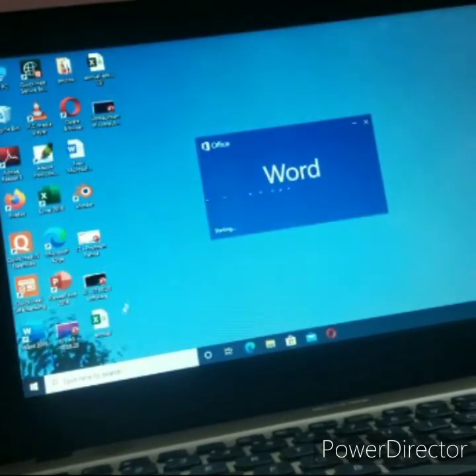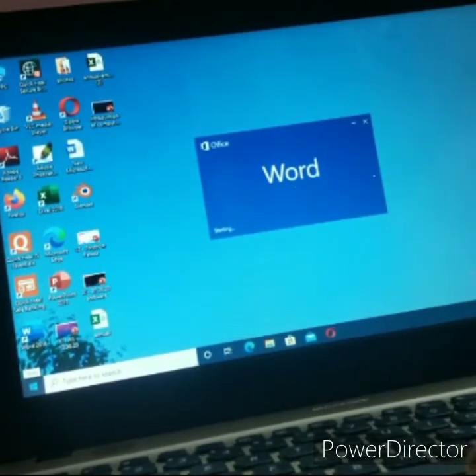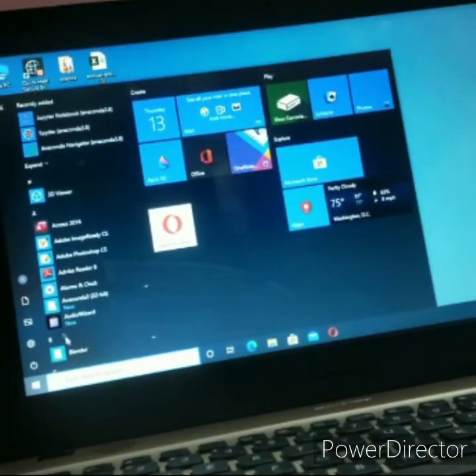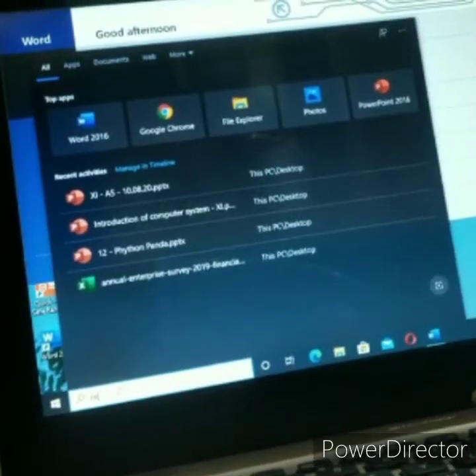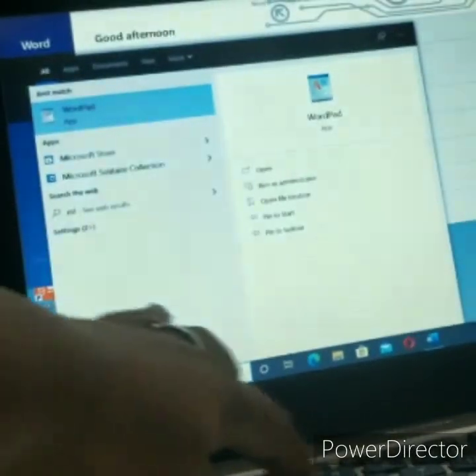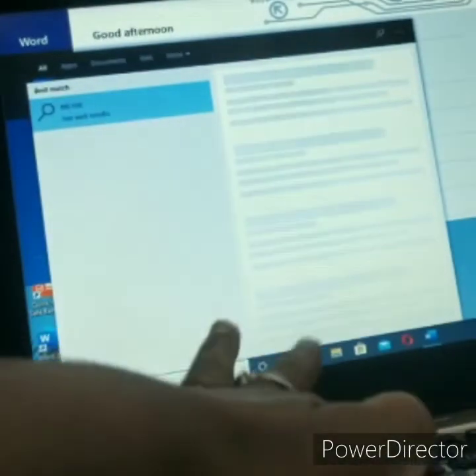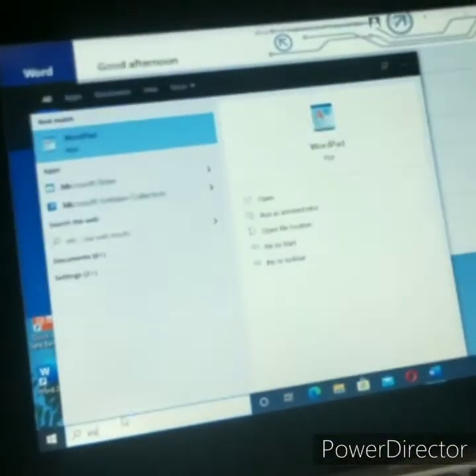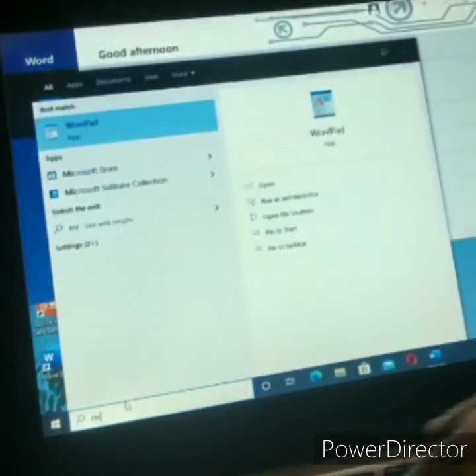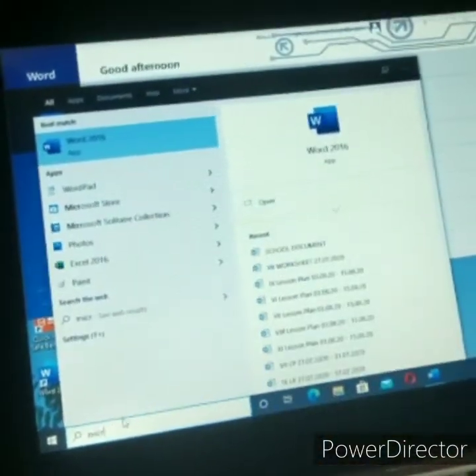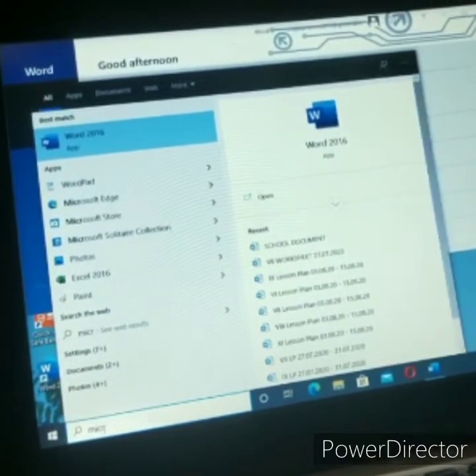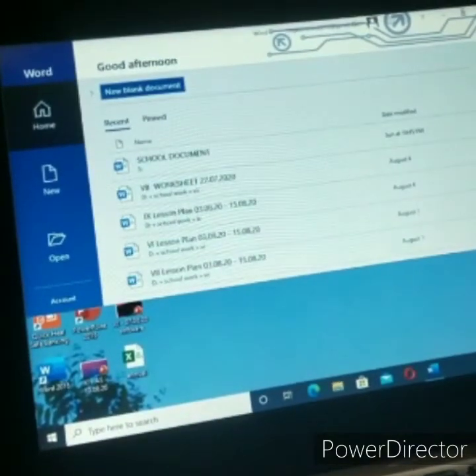If you have the application on the desktop, just click it. If you don't have the Word file on the desktop, go to the Start button and click on Microsoft Word, or just search for it and it will appear automatically. I have already opened it.